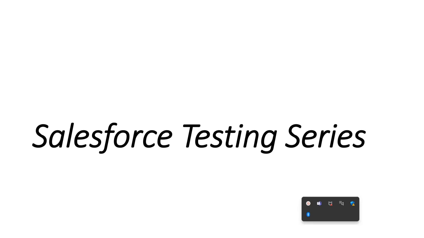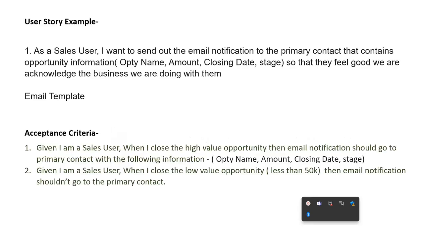So let's go and understand the user story for this test scenario. So here is the user story example. As a sales user, I want to send out email notification to the primary contact that contains opportunity information like opportunity name, amount, closing date, and stage so that they feel good about we are acknowledging the business we are doing with them. So that is the intention of the user story, and we will get email template from the